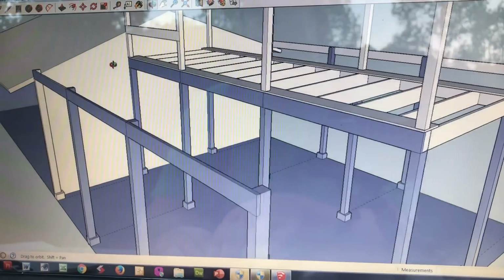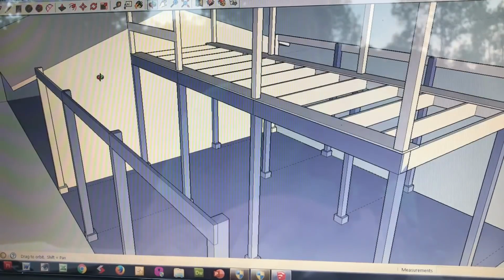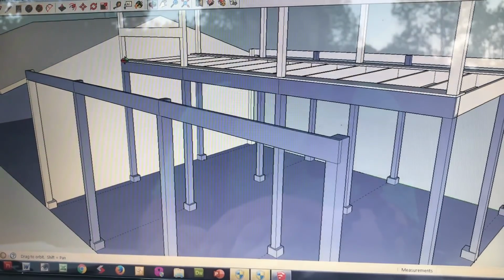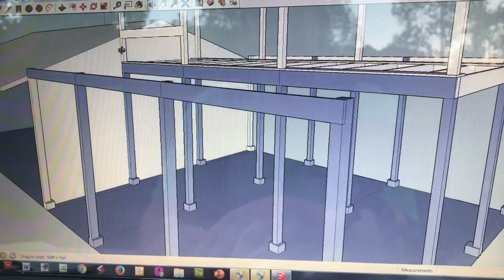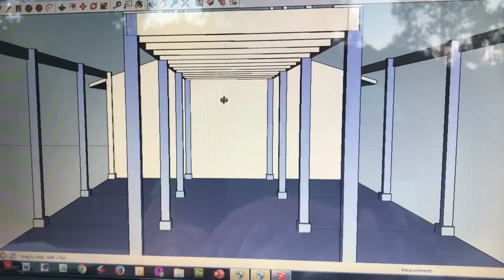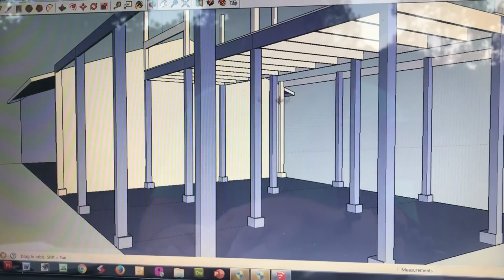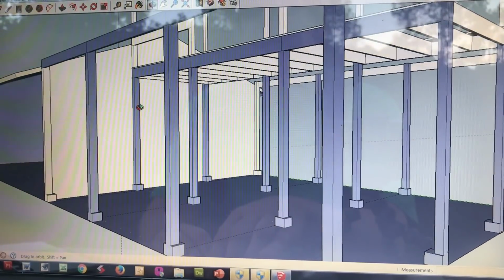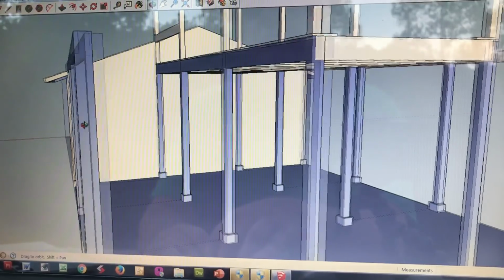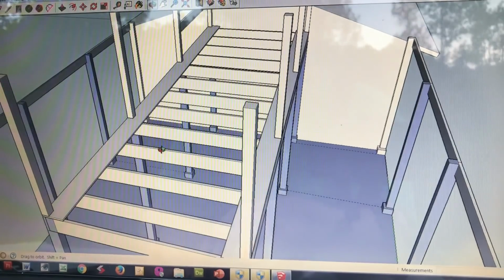So I came to the software and designed this. You can see this back area here is kind of a crude drawing of my workshop. But I knew my distances there, so now I could start laying out. And I wanted an old style barn with center loft, all those types of things. So I could figure out exactly what my distances were, what my spans were going to be, and then I could start figuring out my material. So I knew in this design I needed 16 4x6s to do the main superstructure of the barn, and then could even figure out my floor joists, how many I need,